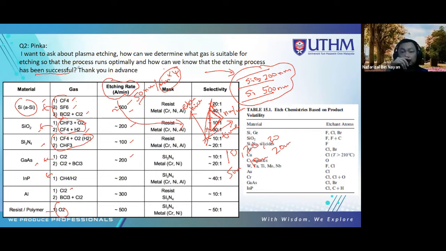So this is another issue. As mentioned, the gases will only react on a specific material. This gas will react with silicon. This combination of gas will react on silicon dioxide. This combination of gas will react on silicon nitride. So if we have a silicon dioxide,